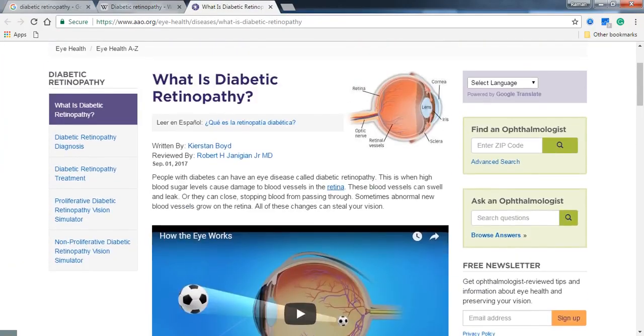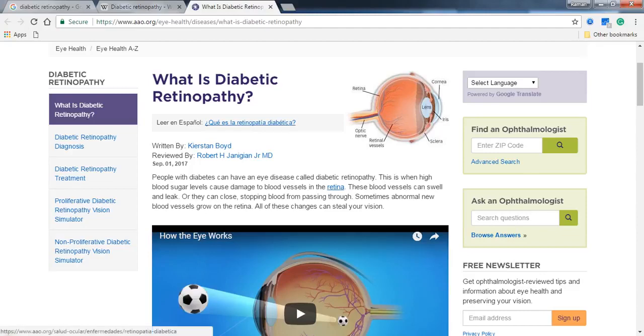Let me tell you in layman's language, people with diabetes can have an eye disease called diabetic retinopathy. This is when high blood sugar levels cause damage to blood vessels in the retina. These blood vessels can swell and leak, or they can close, stopping blood from passing through.